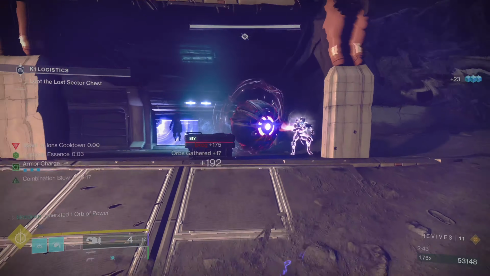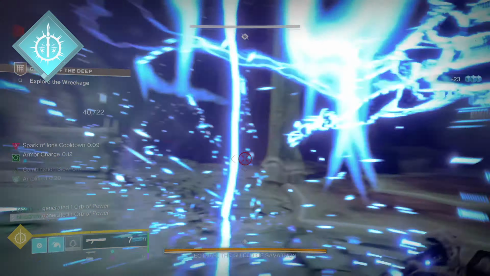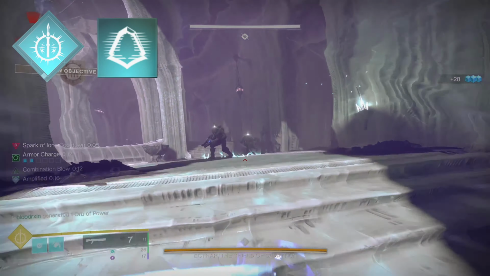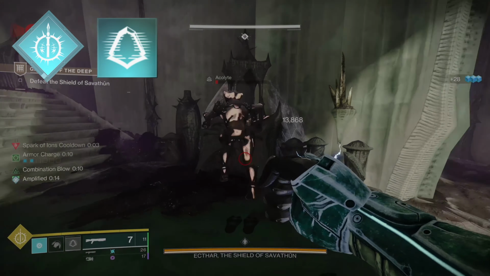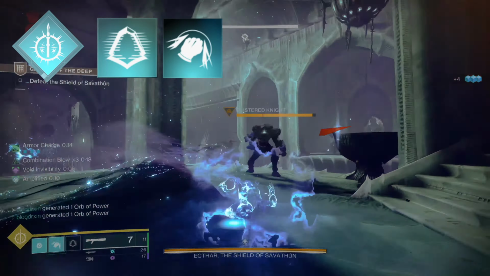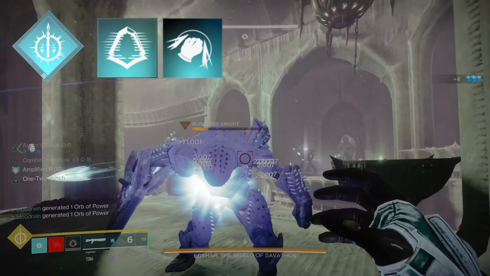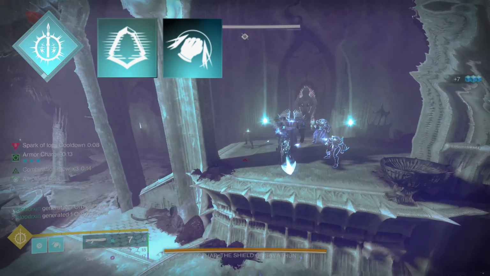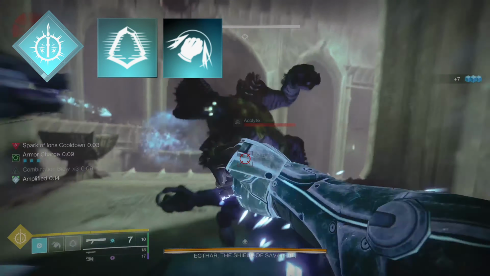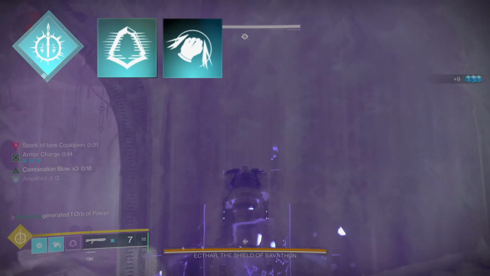this build effectively. So beginning with the build, you need to equip the Arc Strider Hunter subclass. For the class ability, equip the Gambler's Dodge, so you can recharge your melee ability when you dodge nearby an enemy. Now you're going to pair this with the Arc Melee Combination Blow. With every powered melee kill, you gain an increased melee damage buff up to a x3 stack for a total of 20 seconds, and roll dodging near an enemy restores your melee charge, so you can stack this up really